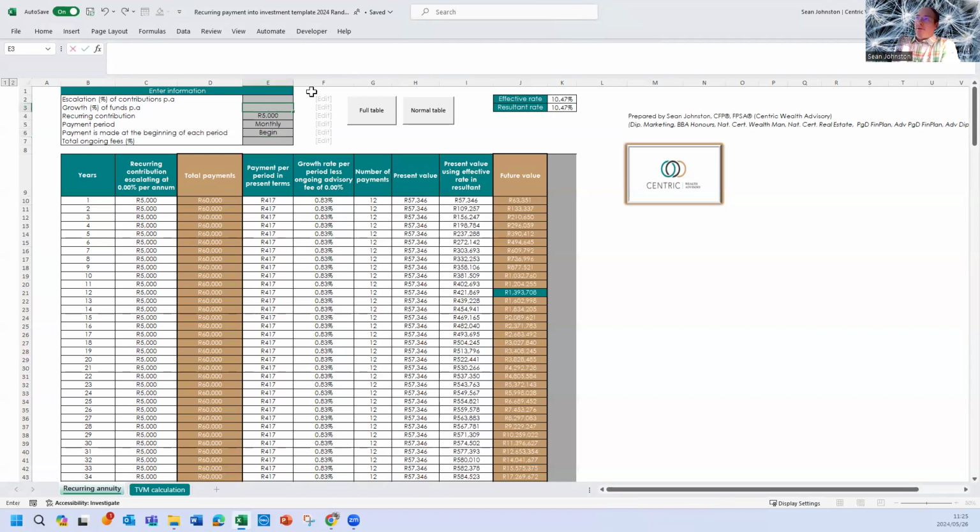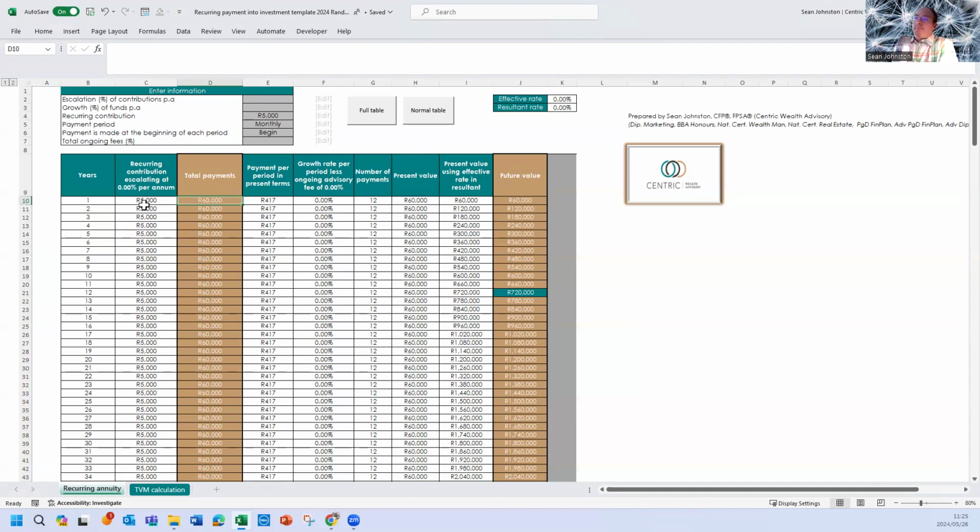The second thing I want to show you is why it's important, firstly, to have growth in your money, for those who are wondering. And secondly, why it's important to have contributions on your investment that escalate. So the first thing I want to do, which is why I've made this in year 12, is to explain the rule of 72. So the rule of 72 states that if you take 72, and you divide that by 6%, which we say is inflation in South Africa, your money will halve every 12 years. So what that means is if you invested